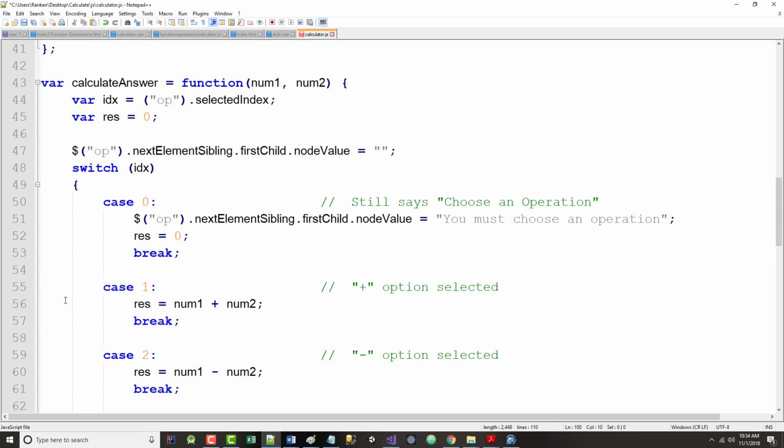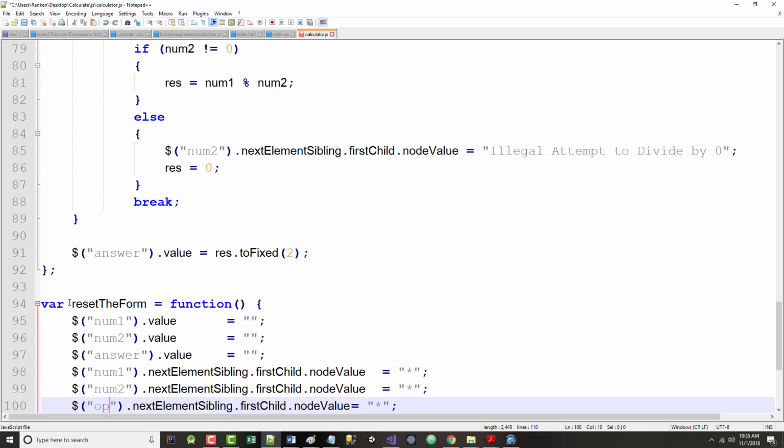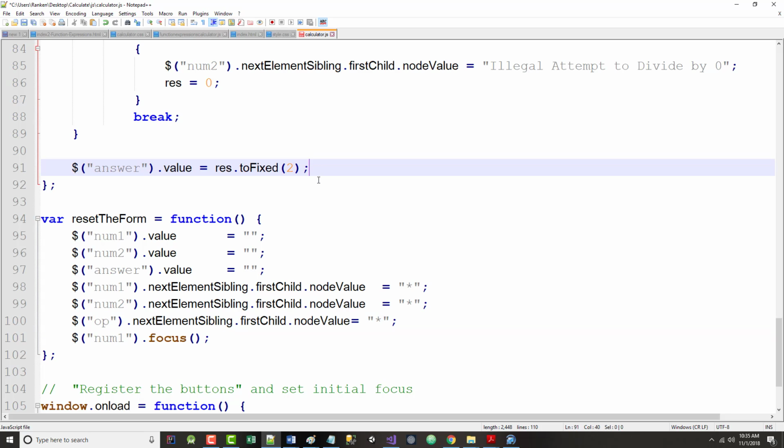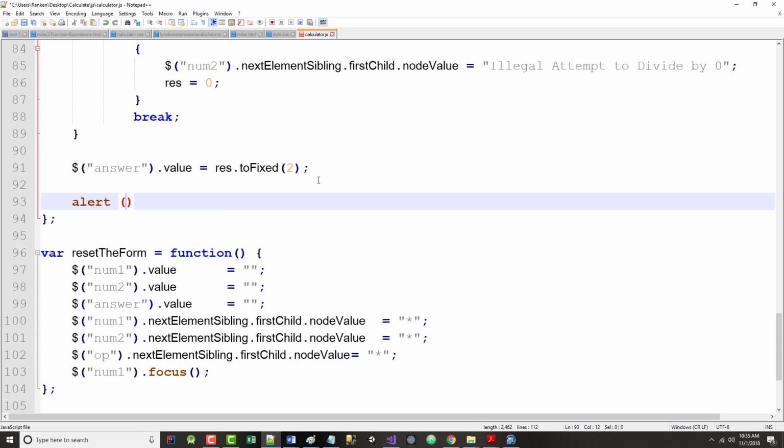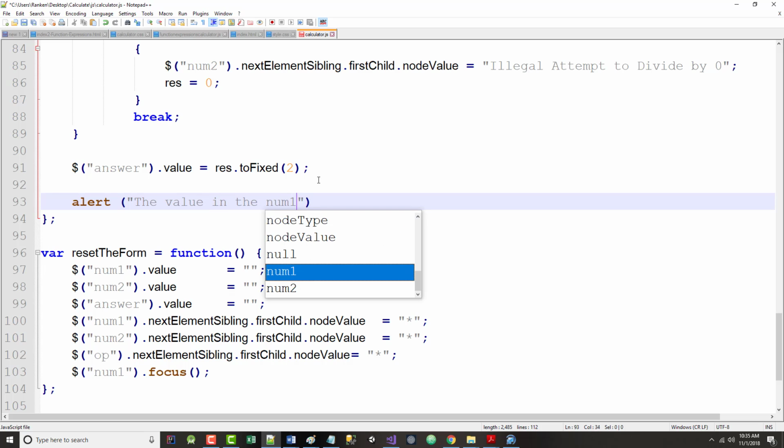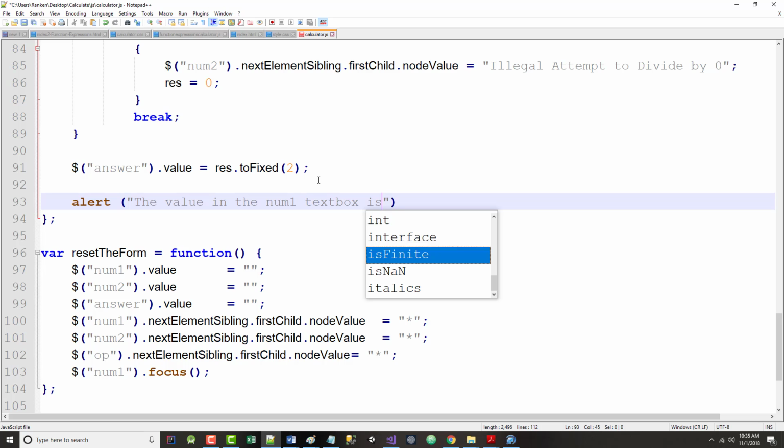Now, one thing that I could do, if you'd all take a look up here for a second, please. Okay, now everything should be done. So one thing I could do is I can put an alert in here. And I can say, you don't have to do this, but just so you know, the value in the num1 text box is